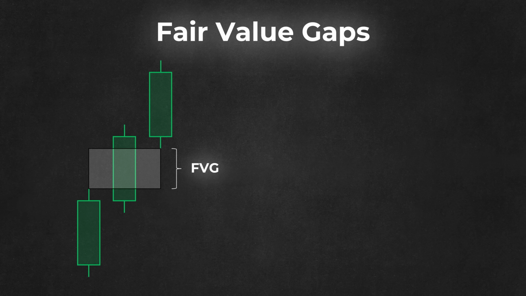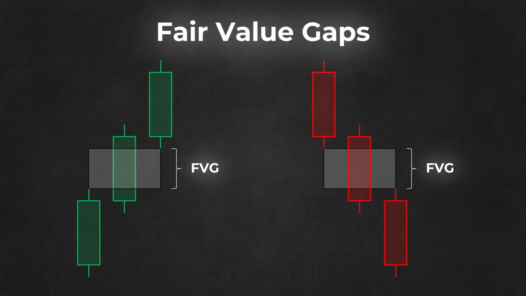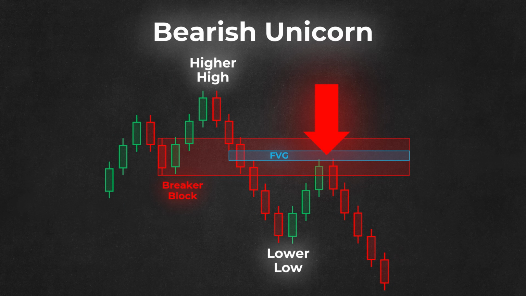In the bearish fair value gap, there is no overlap between the lower shadow of the first candle and the upper shadow of the third candle. As I said before, the unicorn entry model consists in the intersection of a breaker block with a fair value gap. In this illustration, you can see the hypothetical example of a bearish unicorn entry where price reverses at the